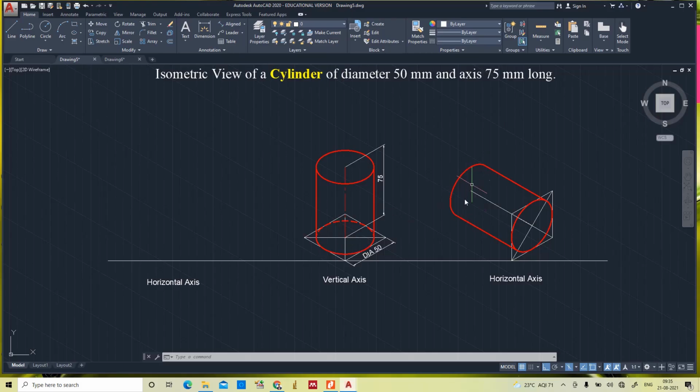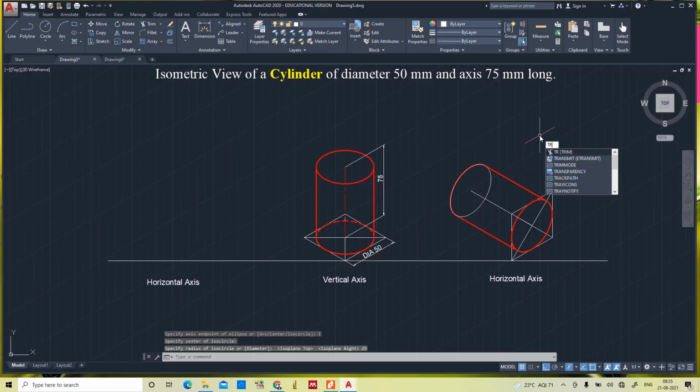Here it will be in isometric mode, it will be difficult for you to draw the exact angle. So that's why I am going to draw one more isocircle on the same circle. See, ellipse, isocircle, specify center of isocircle, function F5, yeah, now it's correct, 25. See, perfectly it fits into this one.